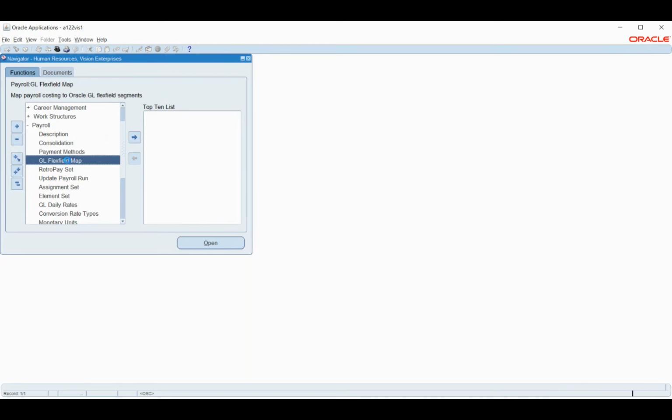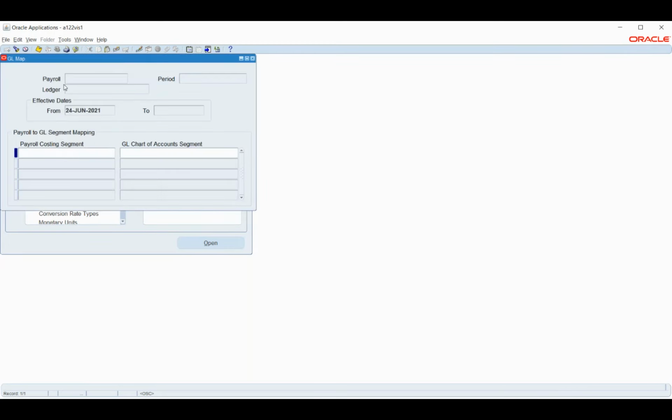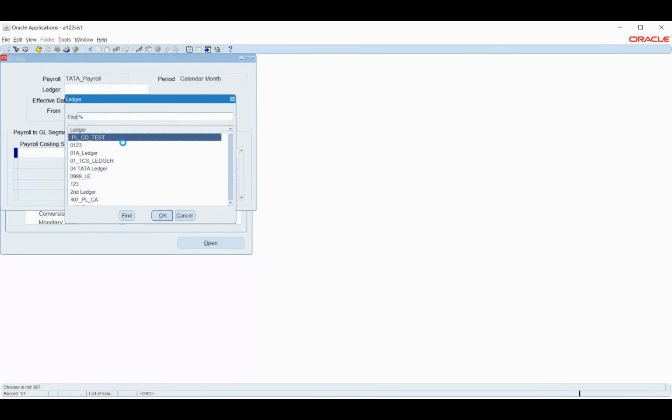That is the GL flex value map, and then we will see the assignment and this information. So this information we saw: this particular setup is needed to map our GL with our payroll module.